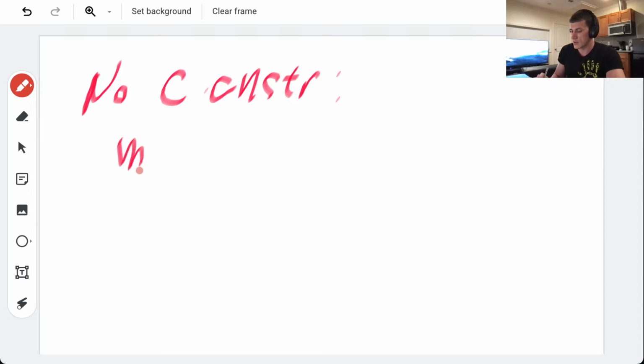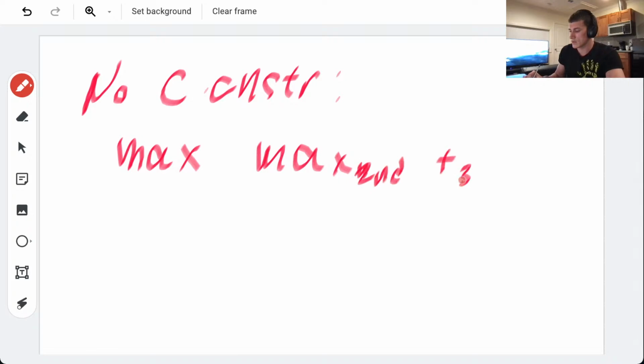Then it's just the max and the max second plus third plus it and so forth until K, right? So straightforward, it can be done in O(N).